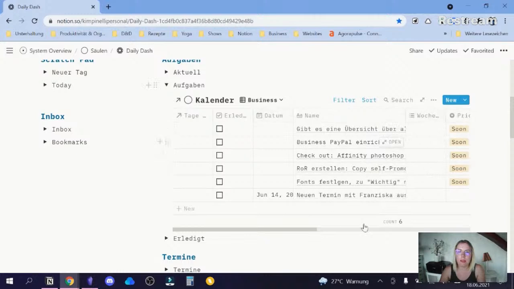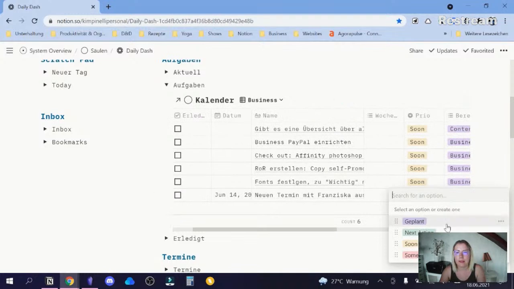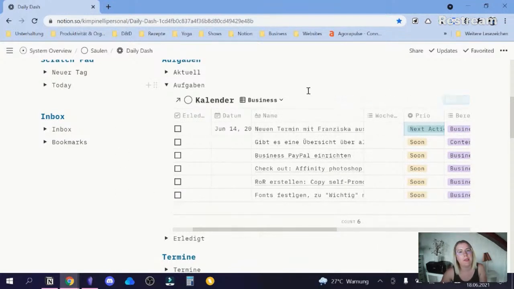But the way this is set up is filtered by priority. So nothing in here is next action. And F1 actually has no priority because it has a date. But since the date is already gone, it should probably be next action. And for me,